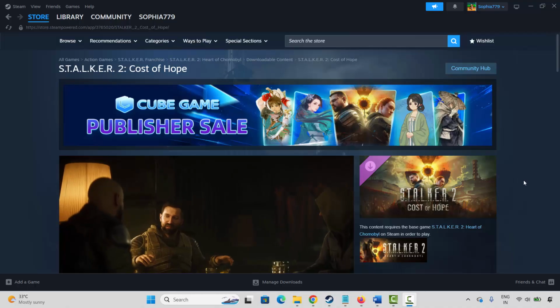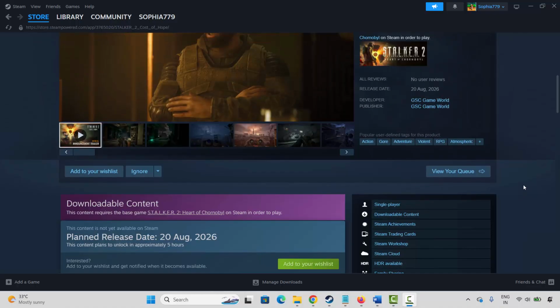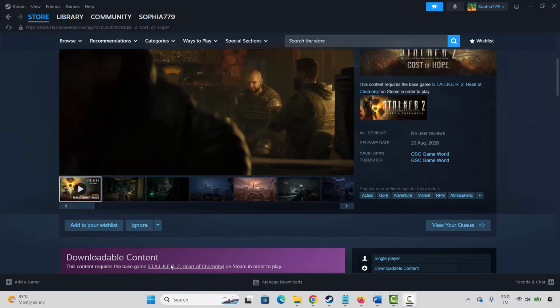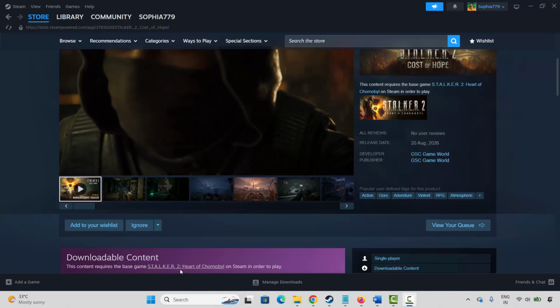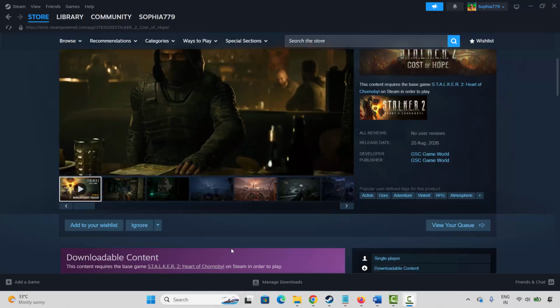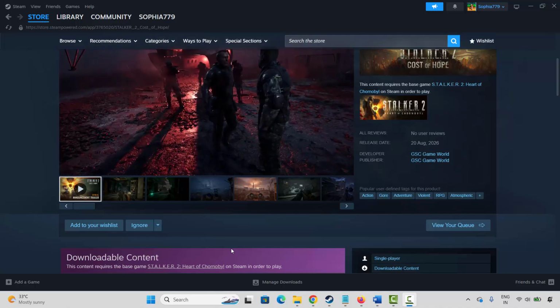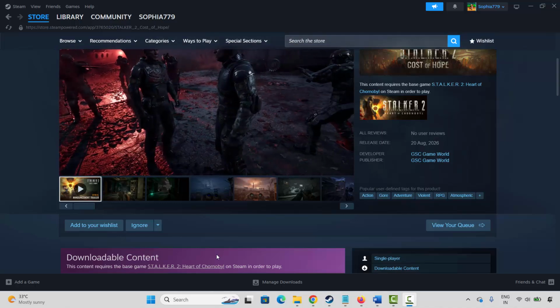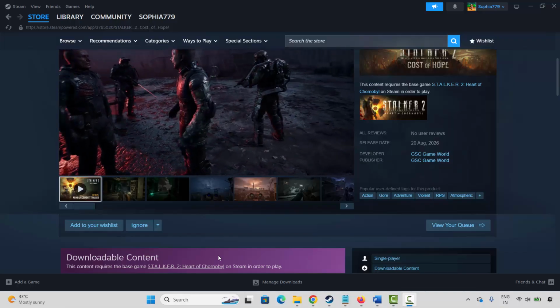Before you jump to the solutions, you must know that you have to download the base game to play this game. The base game is Stalker 2 Heart of Chornobyl. So you have to download Stalker 2 Heart of Chornobyl to play Stalker 2 Cost of Hope. So don't forget it. After that, you have to check the system requirements